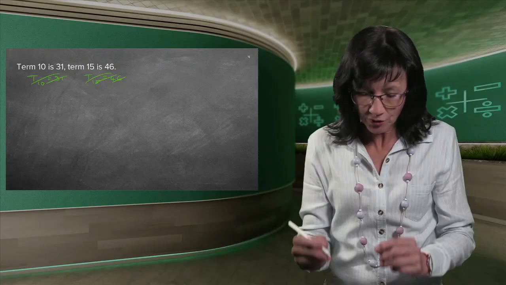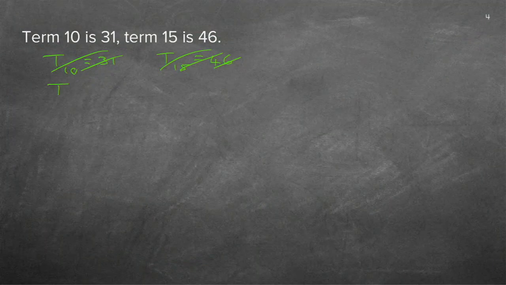So once you write down T10, let me just get the formula here. Tn is dn plus c. That is the one we basically use in grade 10. As I say, you can also use the other one. Let's just write that one down as well. A plus n minus 1 d. You can use any one of those two, but we're going to concentrate on this one for now.